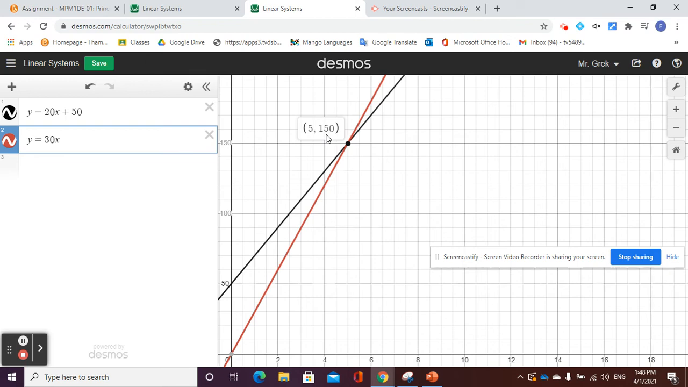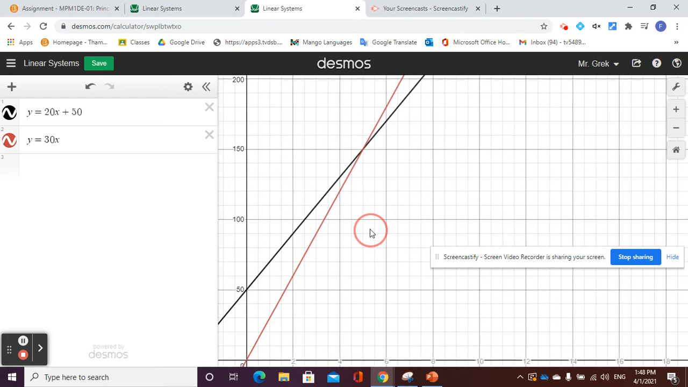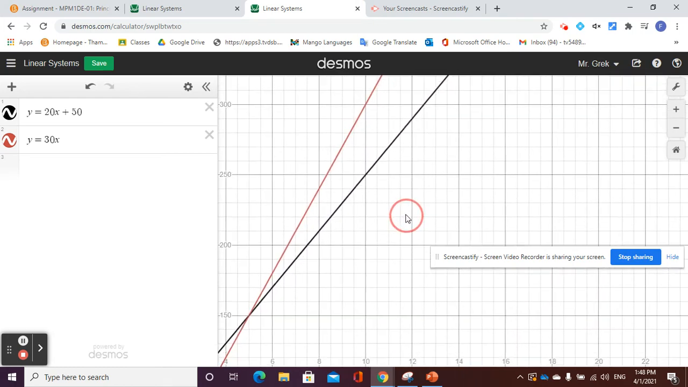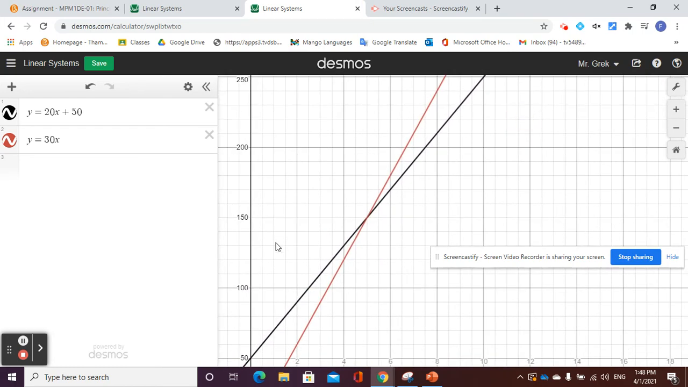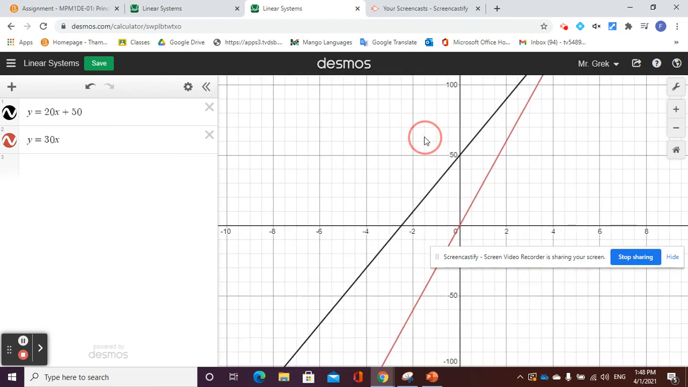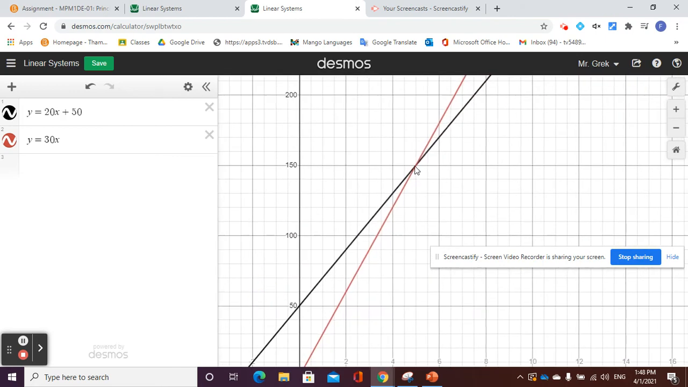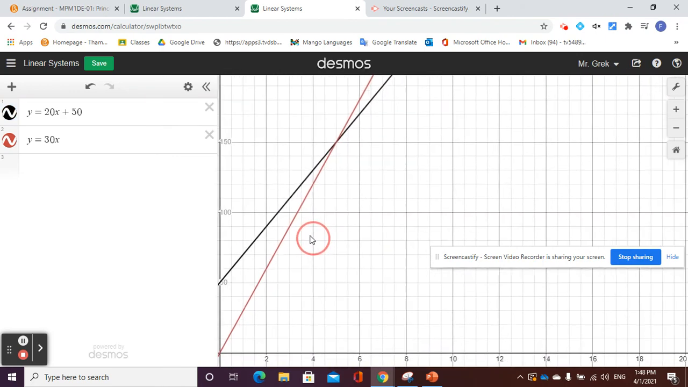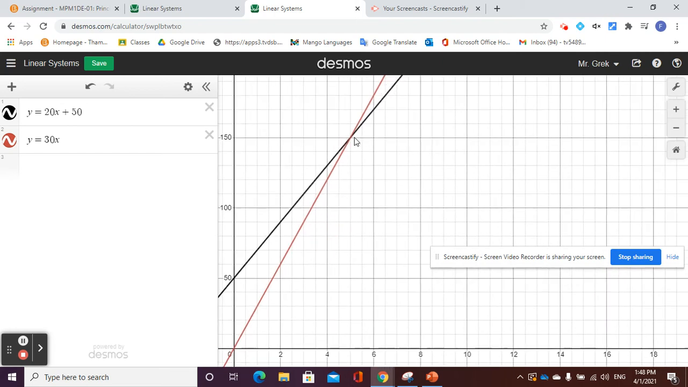So every linear system is going to have exactly one solution or one point of intersection because two straight lines can at most meet once, right? You can see that if I go to positive infinity on my right-hand side or negative infinity on my left-hand side, the lines will never meet again. So every linear system is going to have exactly one solution unless, of course, the two lines were parallel and they would never meet. So we are only going to solve linear systems graphically in grade 9,